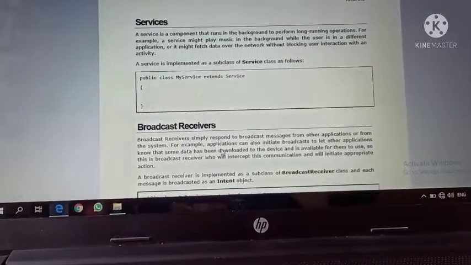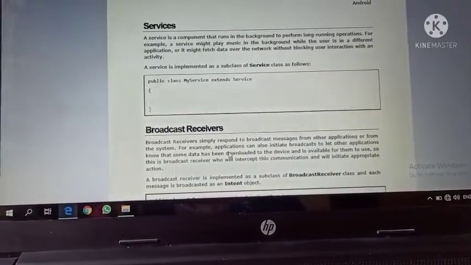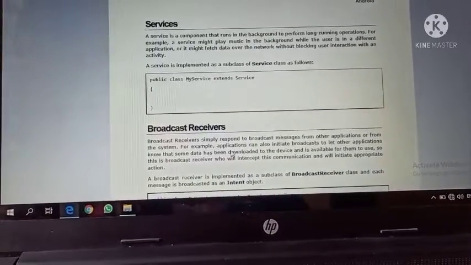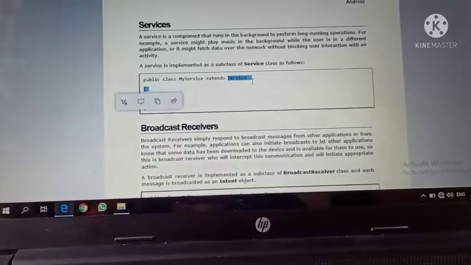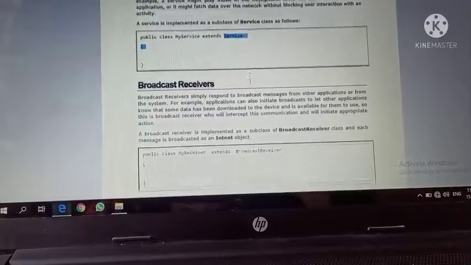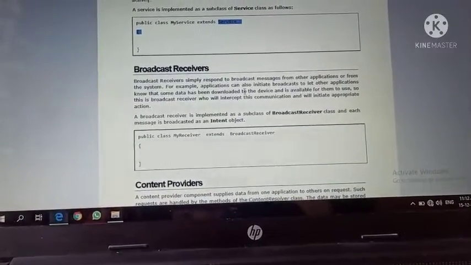This is a very long process, and it is supported by the service component, and for that you need to use a class named service.